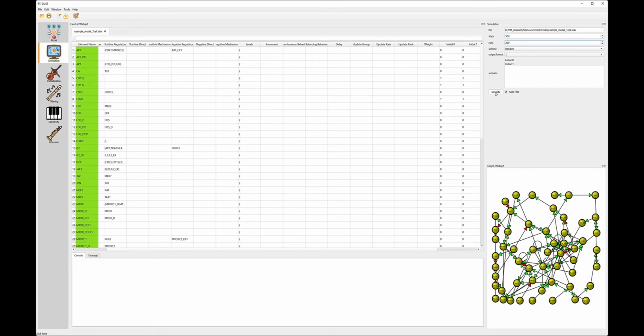The simulation will take some time. The steps and runs are very big.